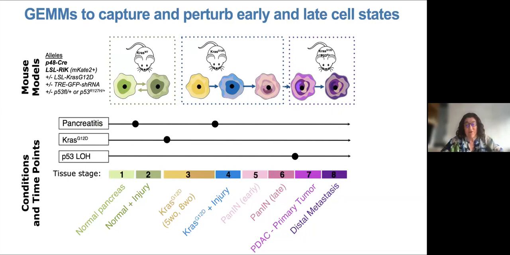These cells were also labeled so we could actually enrich for them. They're a relatively rare population in the pancreas, and we really wanted to do a deep dive into them and look at what happens before injury, immediately after injury. So we're talking about a day or two after injury, and 3 weeks later, 5 weeks later, when PanINs arise, and the injury is resolved, but not normally in the mutant mouse, as well as what happens in later fully malignant tumors and metastasis, which also have p53 loss.